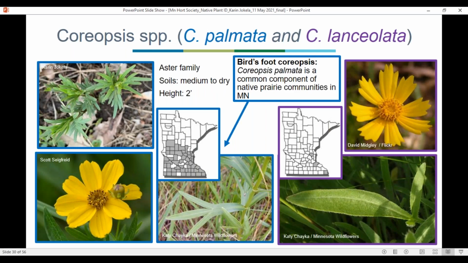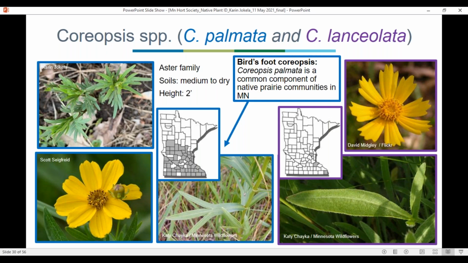Coreopsis is one that we use a lot in gardens and in restorations. There's one that gets used, I think Coreopsis lanceolata gets used a lot in gardens, but it's really not co-evolved in our native plant communities in Minnesota very well. Mostly what you're going to see in our native plant remnant communities